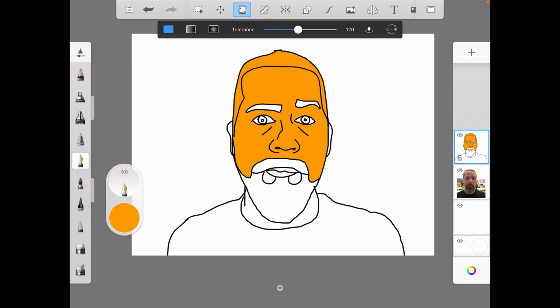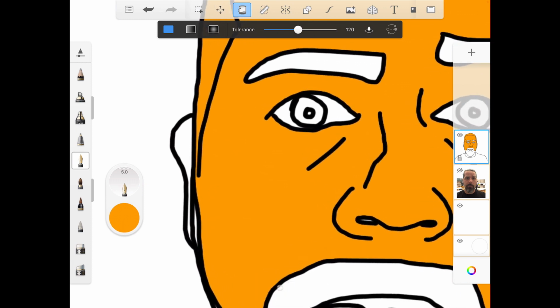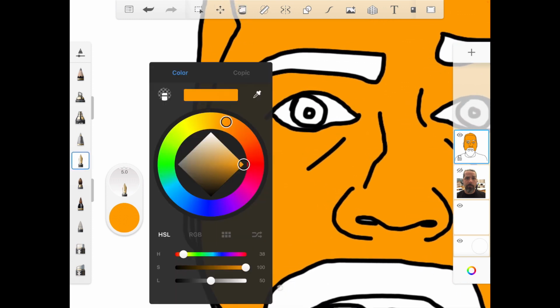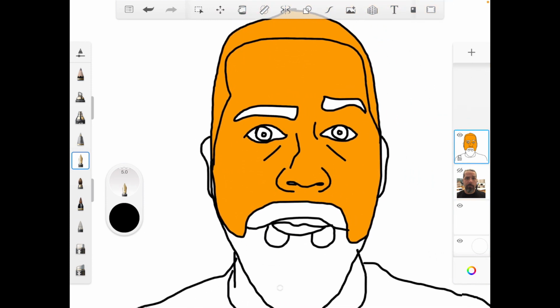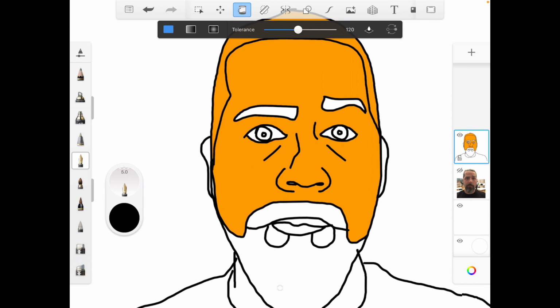So you can see what happened here is when I clicked on that shape, it also colored in my hair. That means one of my black lines is not touching. So I'm going to zoom in and look. Oh, and I can see it's right there on the left-hand side. So I'll go back in, back to my fountain pen tool, and I want to make sure it's black. And I'm going to make a draw there. Okay. Now I'm going to go back to my bucket tool,